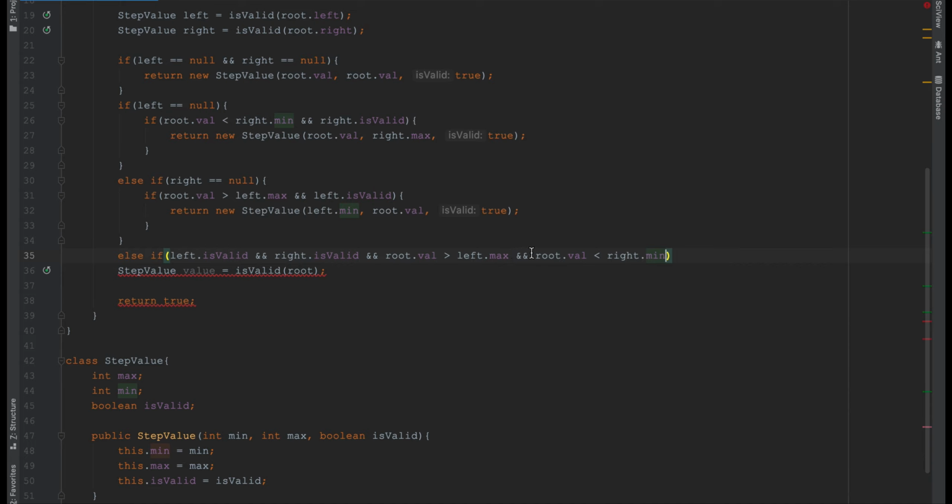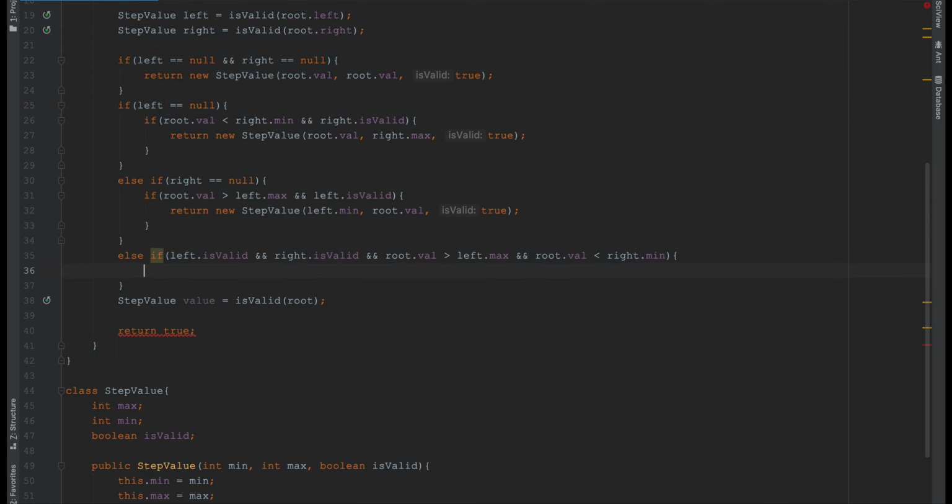This condition is the same as the previous conditions: root.val less than right.min is the same as this one, and root.val greater than left.max is the same as this condition. But there the right subtree was null, and here the left subtree was null. In this case both subtrees are not null, so we are checking for them being valid, and then checking the same conditions again.